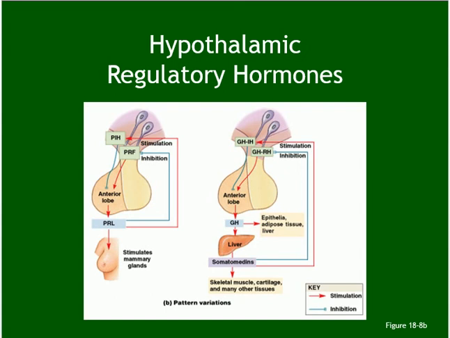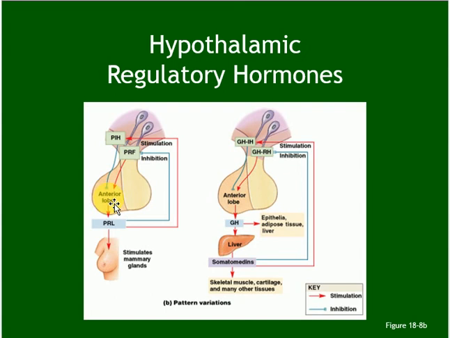The next part of the hypothalamic regulatory hormones are 2 hormones, and those 2 hormones are different from the other hormones, because the hypothalamus can secrete the hormone and the opposing hormone too, which are the stimulatory and inhibitory hormones. Both of them can be released depending on the needs. So prolactin releasing hormone or releasing factor, this is actually a factor. Prolactin releasing factor is released from the hypothalamus and goes to the anterior pituitary, and the